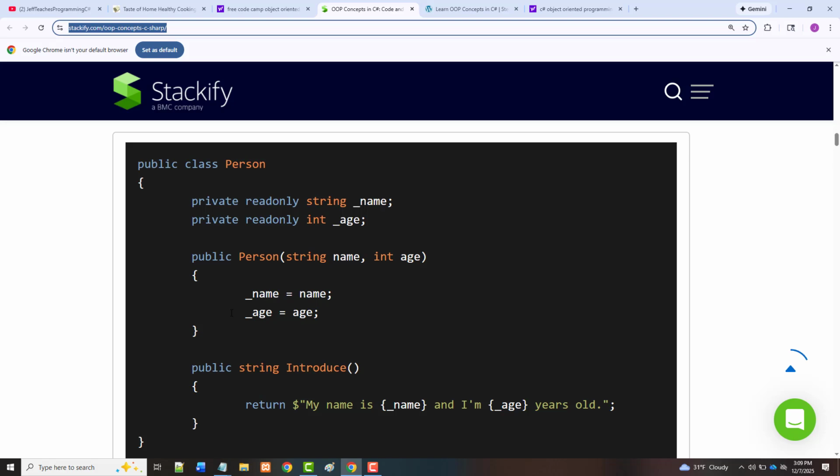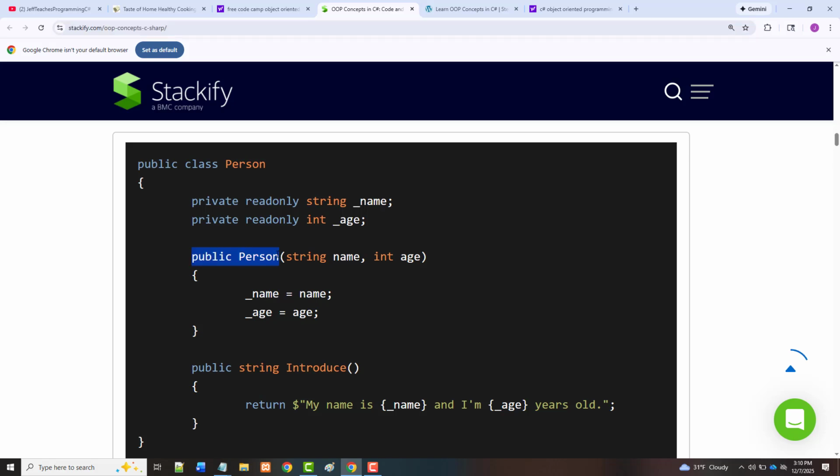Plus, notice that both of those things are said to be private, so they're known only within the context of this person class, and that's the only place where you can change them. And they're read-only, meaning that once they're set, they cannot be changed. All right? Then you've got this, and you'll notice this function here, or method I should say, is the same